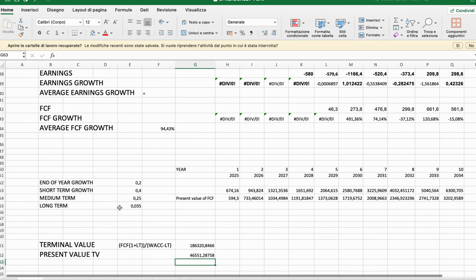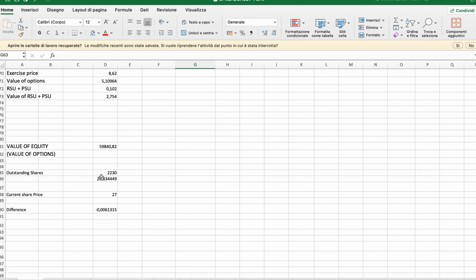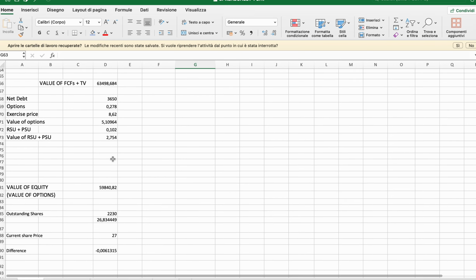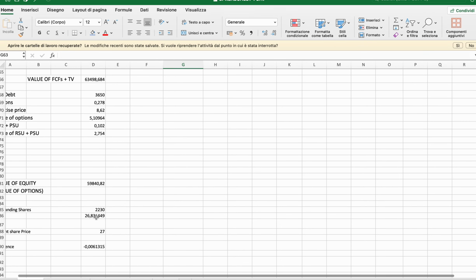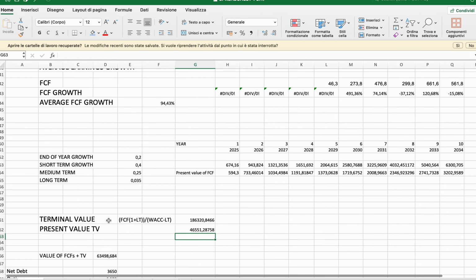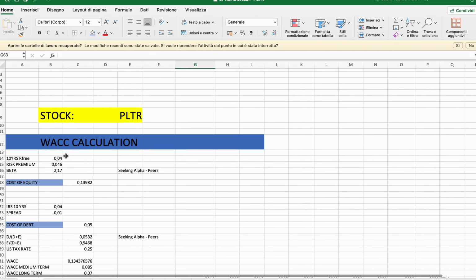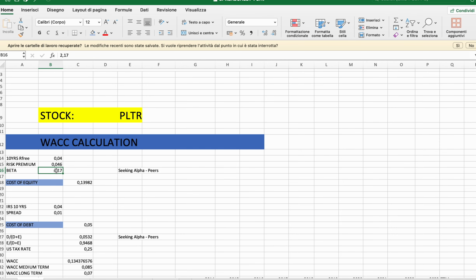So here's the estimated value given these figures over here, and it's not that high compared to the current share price. But we have to say that in this valuation, the beta plays a pivotal role because it's mostly made of equity, the capital of Palantir, and usually